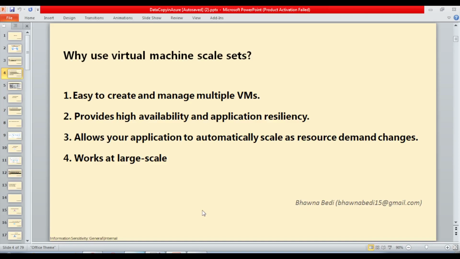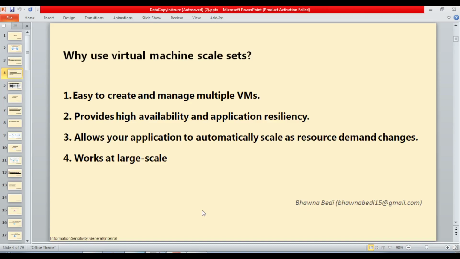Whenever your load reaches a certain threshold limit, increase the number of virtual machines, and whenever your load falls below a certain threshold, decrease the number of virtual machines. So it will automatically help you to manage the cost as well, and you define the configurations of your virtual machine.